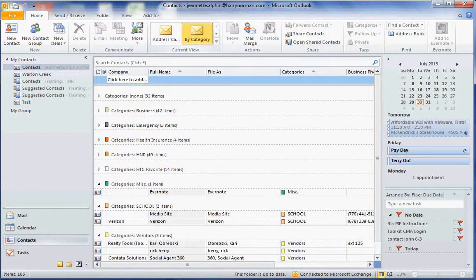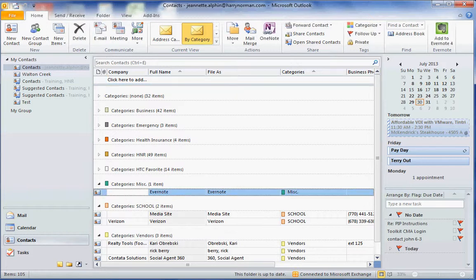Click on By Category, and you'll notice that your categories are viewed by the color, by the name, and then it shows you the number of contacts associated with it. They call them items, but those are your contacts. So if you wanted to remove an individual from a specific category record, you can go to that category, select the individual,